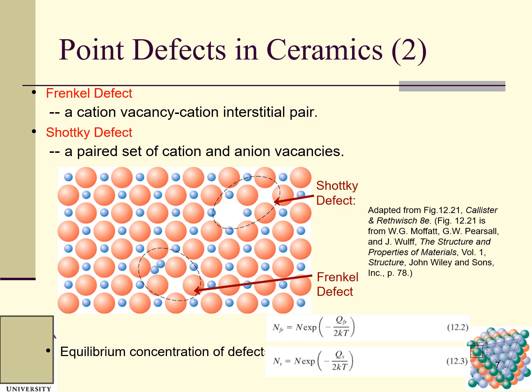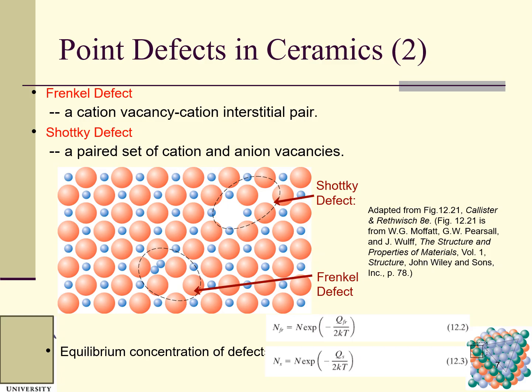Frenkel defect. So a cation vacancy and cation interstitial pair. So these are Frenkel defects, right? This is a cation vacancy, cation interstitial. That means this guy is moving from the original location where he is supposed to be to another location, randomly or for some other reason. Another one is a Schottky defect,